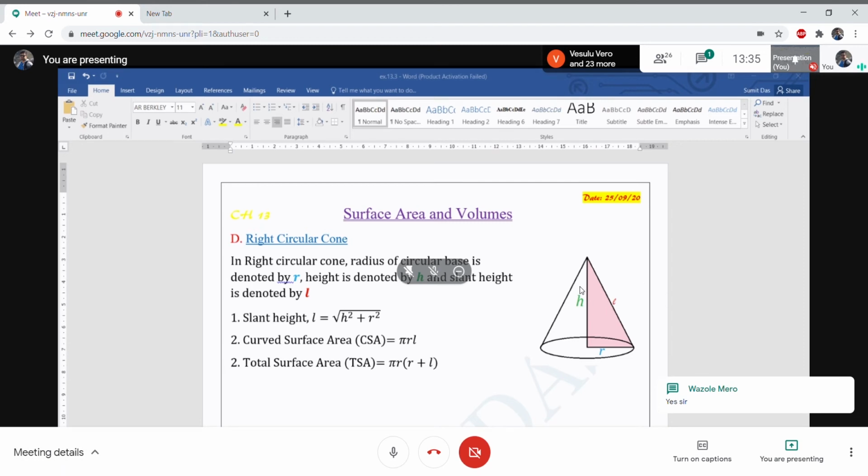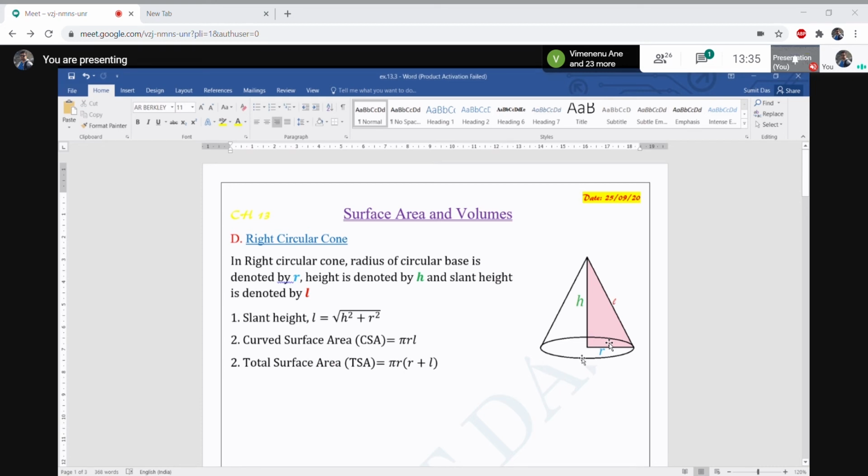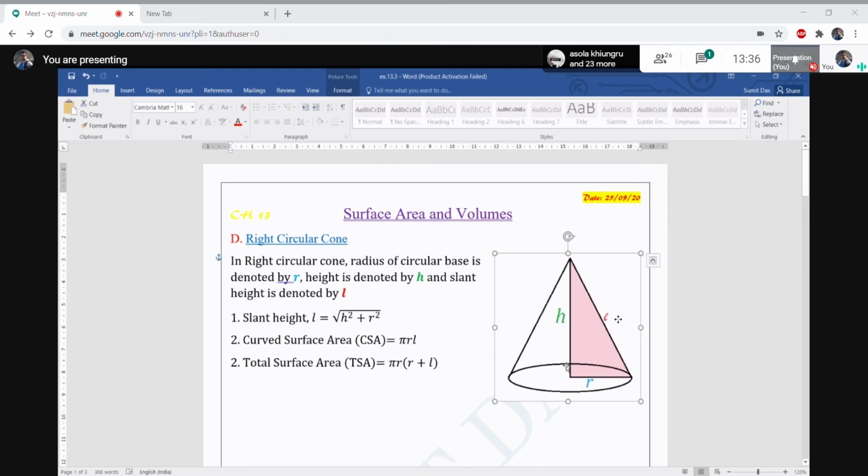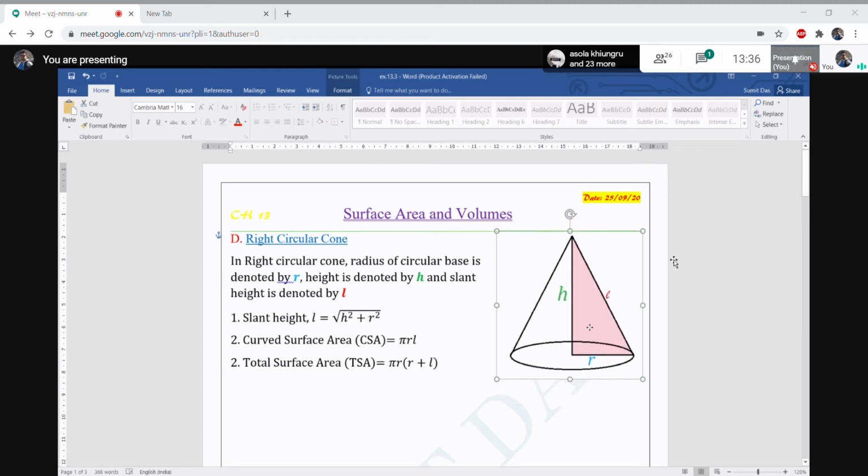So this is called a right circular cone. In this right circular cone, three very important things are there. In the previous part, you can see in the cylinder we had height and radius, right? In a right circular cone also we have height and radius, and one additional, you can see one small l. I'm denoting this with small l. It is known as slant height. The name of this one: this is not a height, it is slant height.